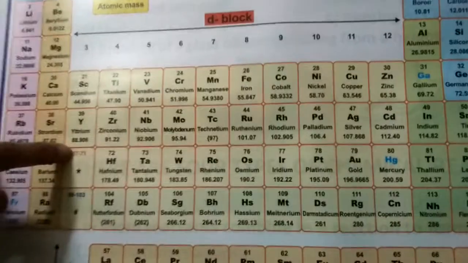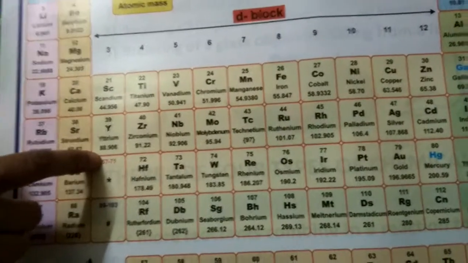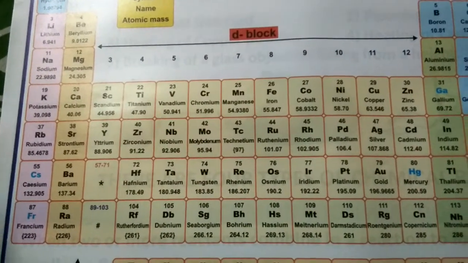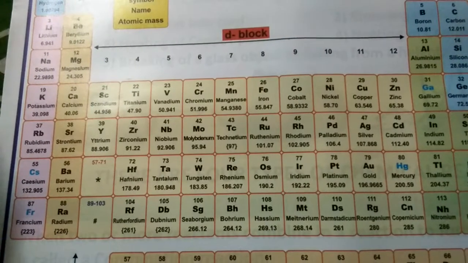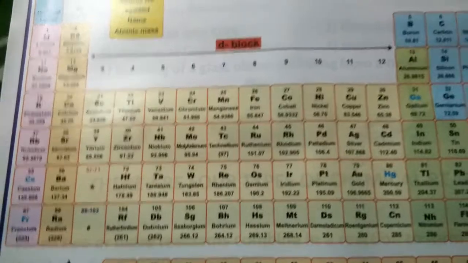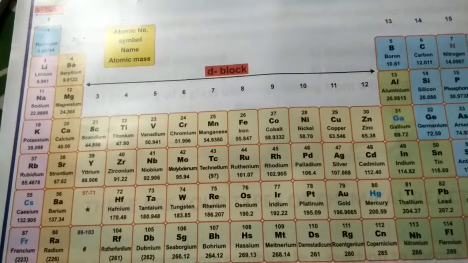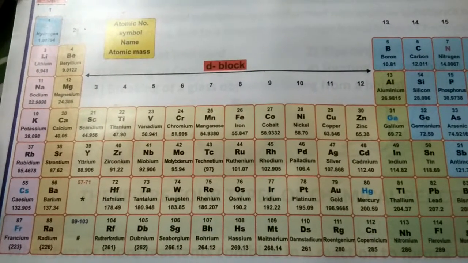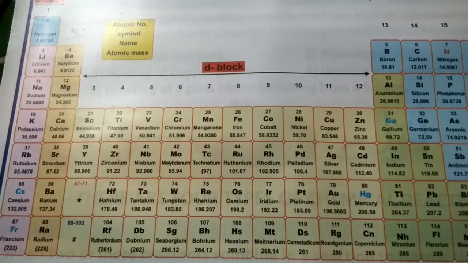So in this lesson of periodic classification of elements, I have explained to you the classification of elements, Dobereiner's triads, Newlands' law of octaves, Mendeleev's periodic table, then merits of Mendeleev's periodic table, then demerits of Mendeleev's periodic table, modern periodic law, modern periodic table. You know, the modern periodic table is also called the long form of the periodic table.